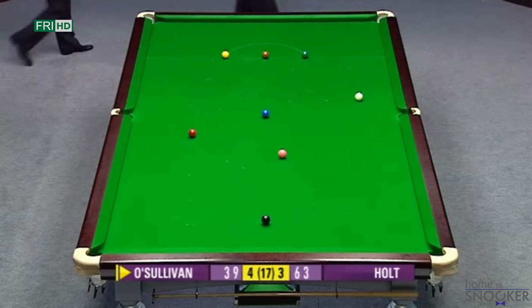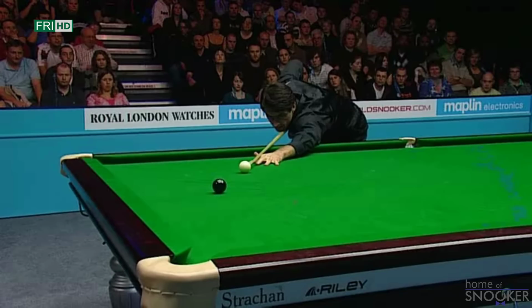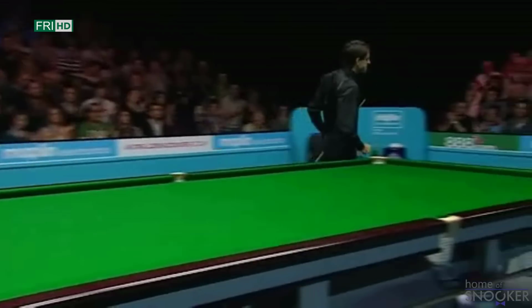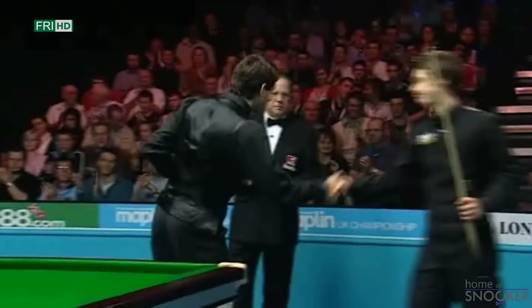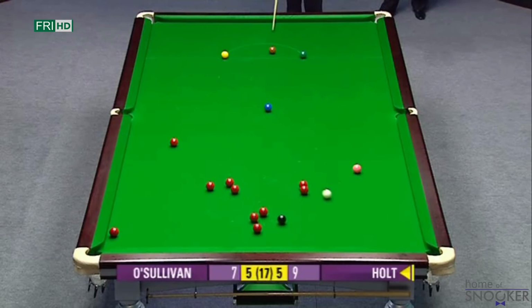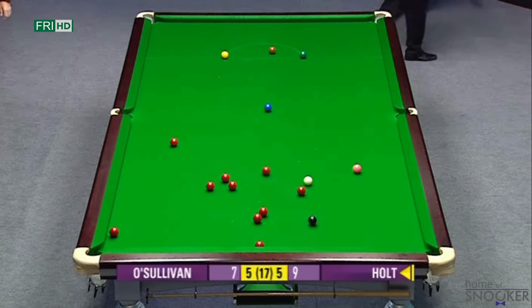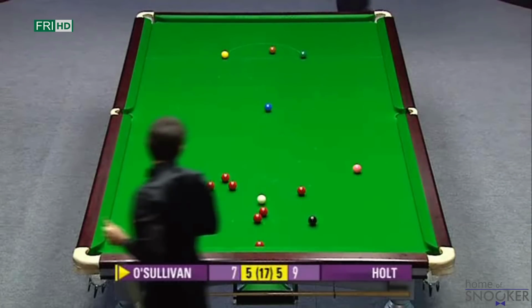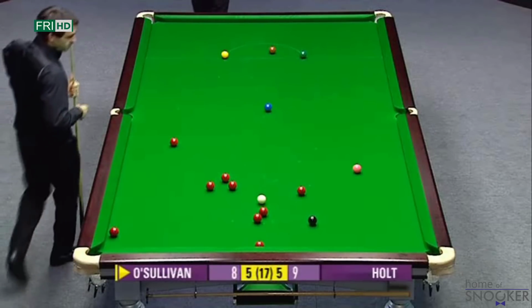39. Top draw clearance. It's there. 75. Absolutely beautifully played. And there was a little applause there from Michael Holt as well. Well, nearly everything moved there. Spot is held. So this is a great opportunity now, because I think the...